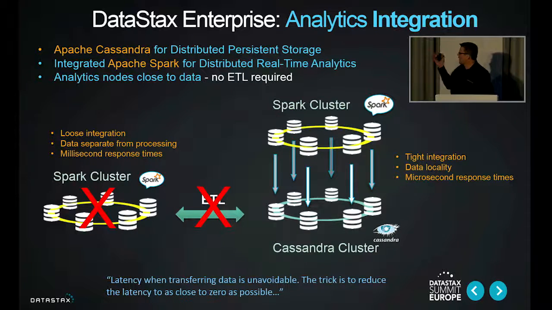The DataStax integration of Cassandra and Spark, we co-locate the JVMs for Spark and Cassandra together on the same nodes. So that means that the data is moving just between the JVMs, and that reduces the transfer time, the latency, down to microseconds instead of milliseconds. So you're talking at least an order of magnitude improvement in performance of the transfer time. Another benefit of our integration is that these Spark JVMs, these Spark nodes, are data aware, data locality aware. So when they lift data out of the Cassandra database, the Spark nodes lift the data from their corresponding node intelligently.